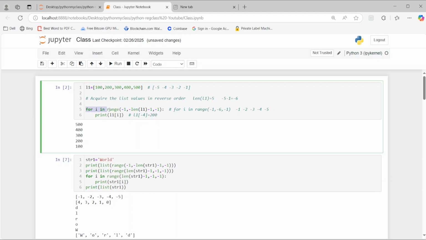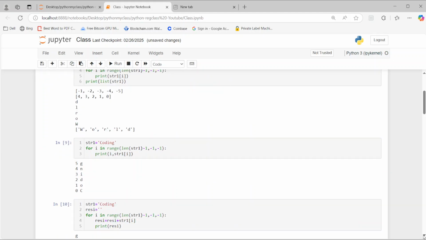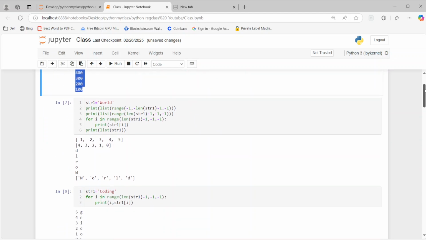Then again, the control goes back to line number 5, and now I iterates over to the value minus 5. So now print L1 of I. What is I here? Minus 5. So the minus 5 index position of L1 will be selected first, and whatever value lies at this index position, that will be picked up, which is here 100. And in this way, if you run this, you see all these values of L1 are printed in the reverse order. Now, if you come down to the next cell here,